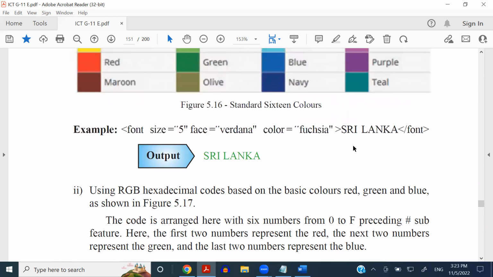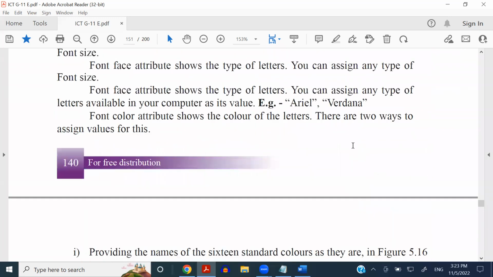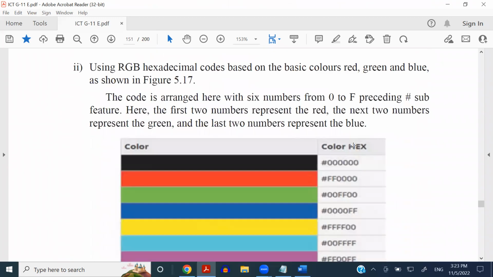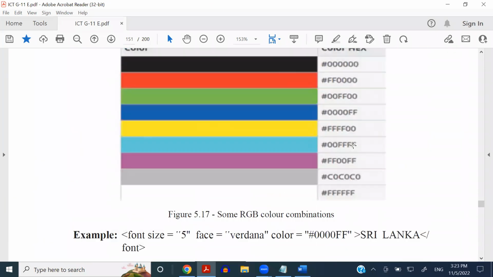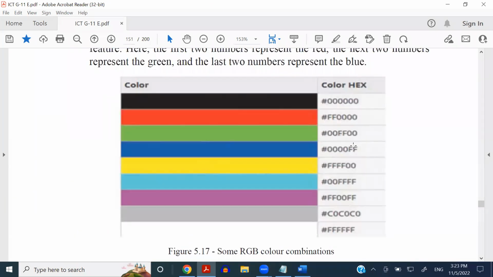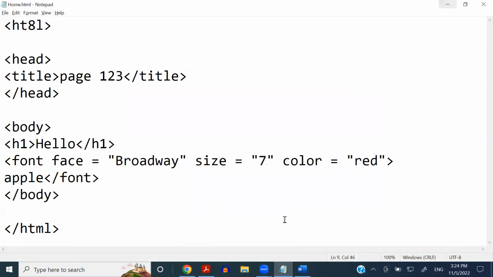So now RGB colors are just indicating red, green, and blue. And to indicate the red, green, and blue in the hash code or the color hex, we use 2 digits, right? So what we are going to do is, instead of giving red, I'm going to give FF and 4 zeros, because RGB,